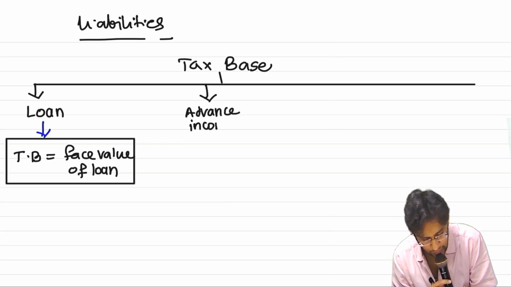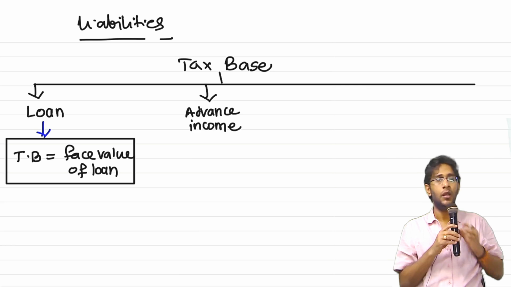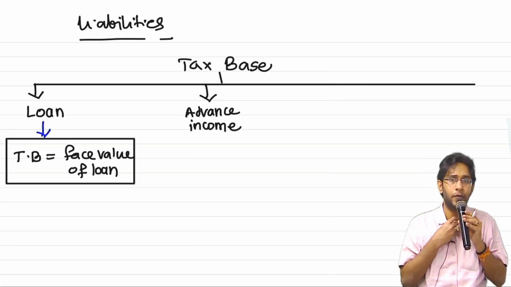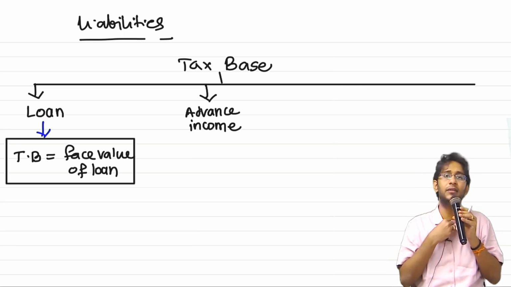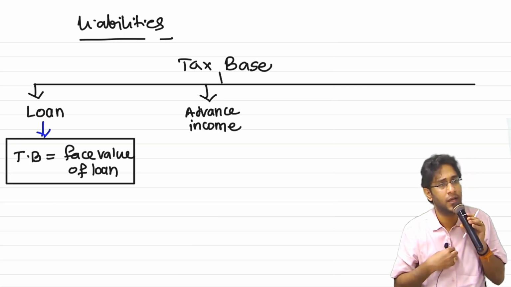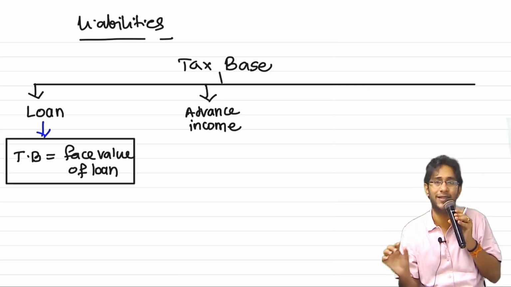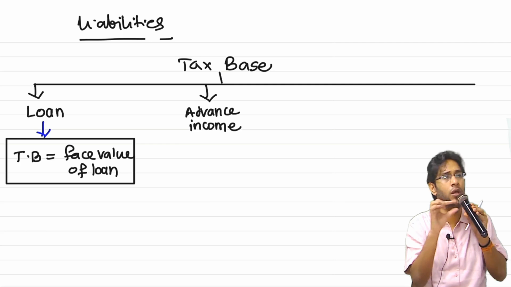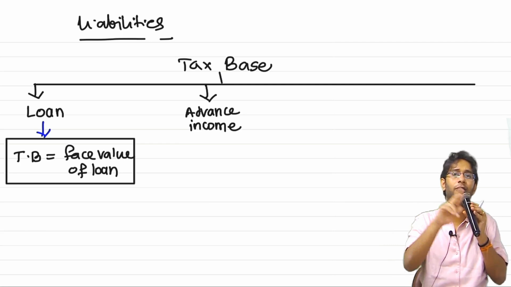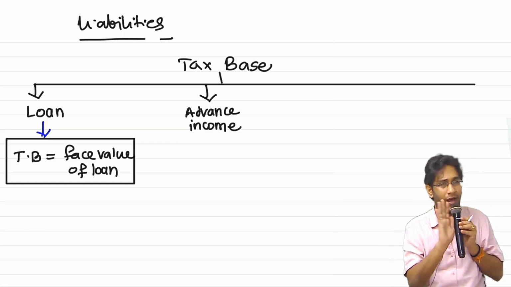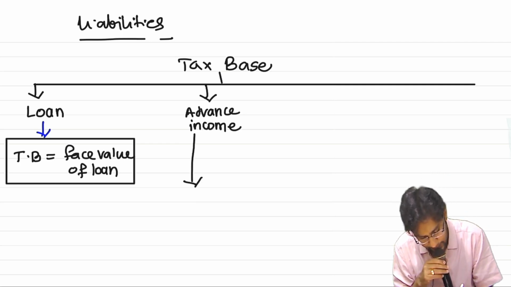If you have any advance income, the example is, customer paid me money, goods I am going to deliver in future. As on today, I did not deliver it yet. Since I did not deliver it yet, definitely it is a liability. What entry will you write? Bank account debit to advance for sales. So, in my balance sheet, sir, I will show an advance liability. In future, when sale happens, I will kill the advance account and convert that into sales revenue. So, that kind of liability, then the tax base formula is